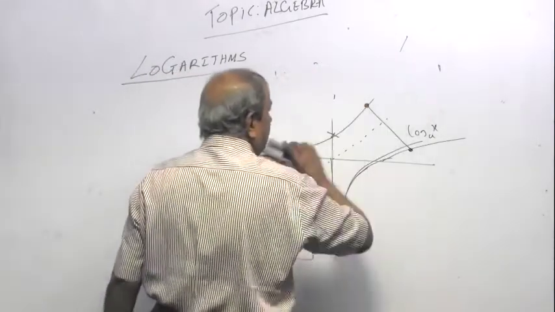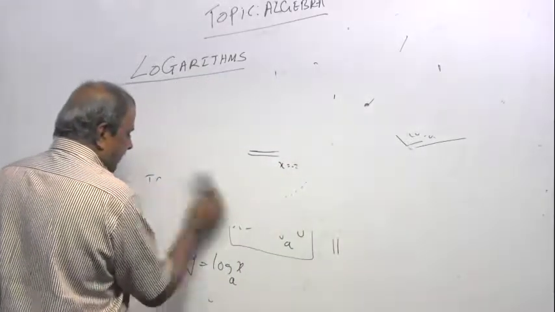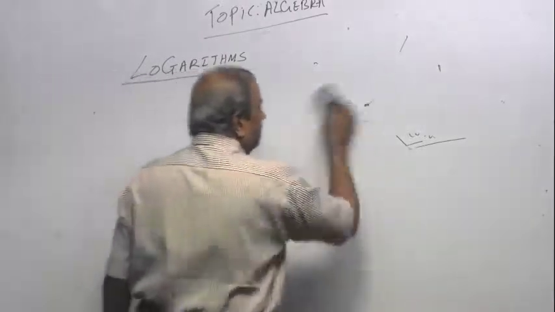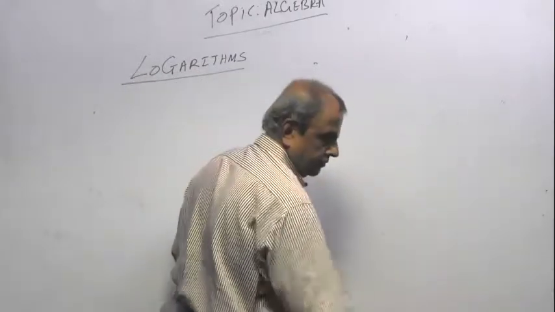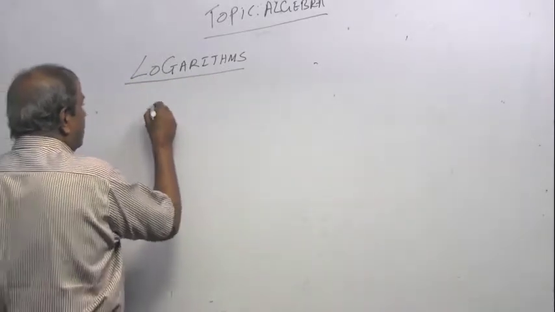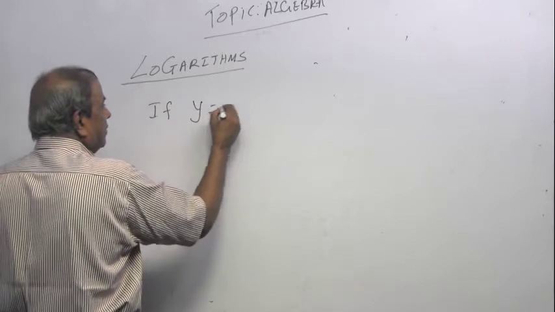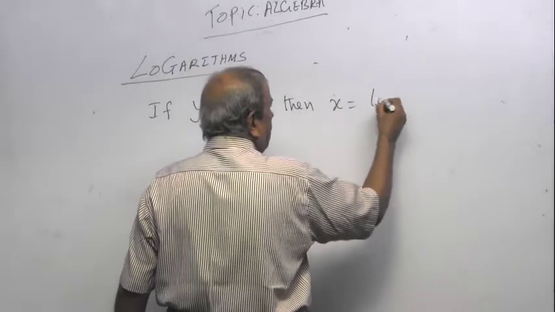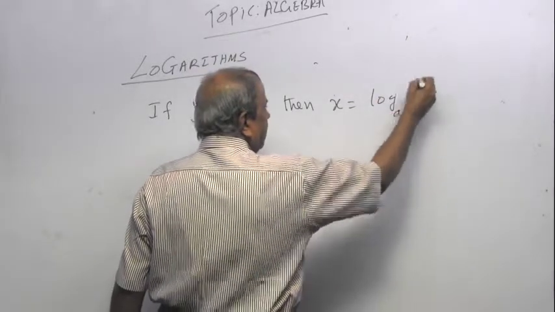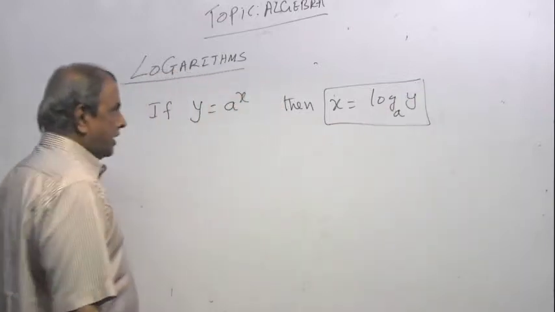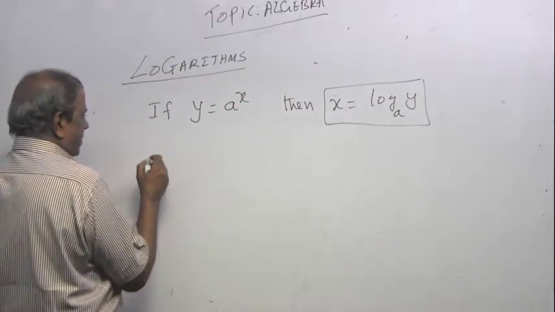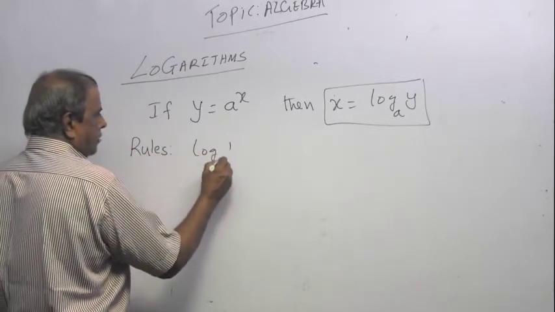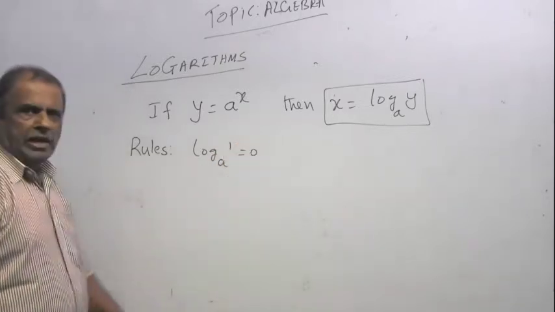I'll just write it, and then we will go over. I'll write the rules, and I'll show some of the rules as well and see how to apply them to questions. So if y equals a to the power x, then x equals logarithm of y to base a. Then the rules are very simple. Log 1 to base a is 0. Logarithm of 1, because